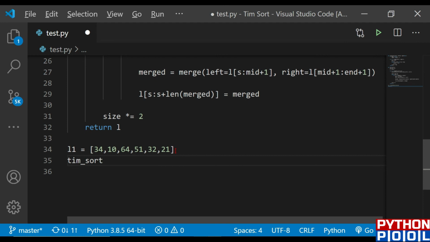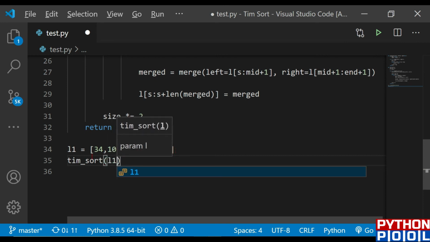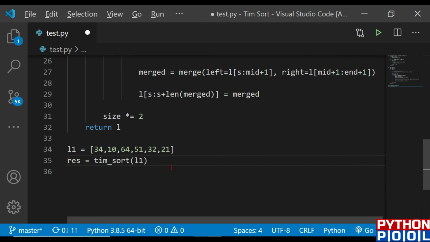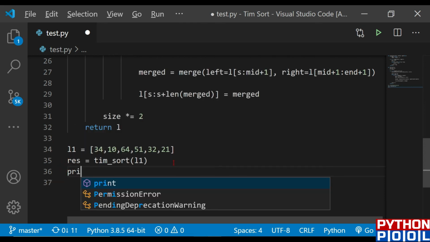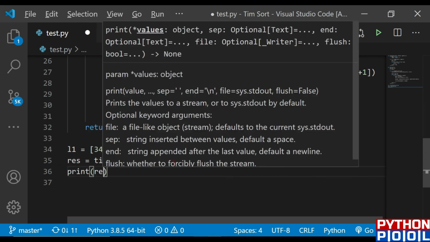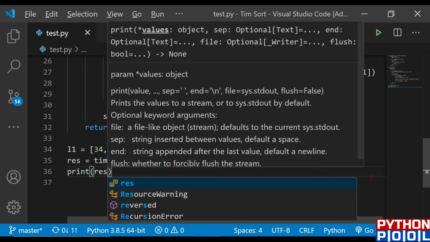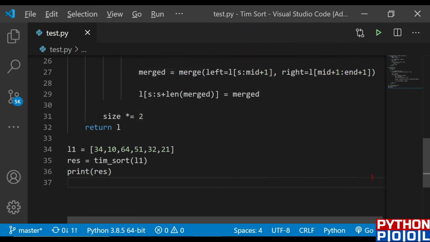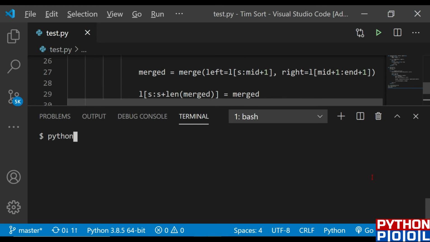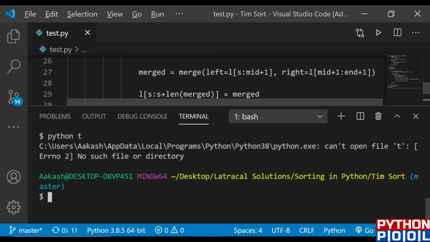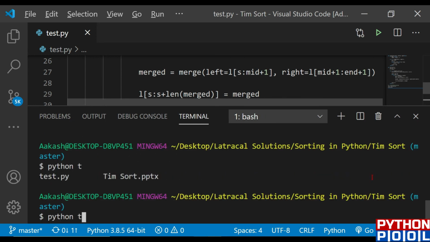We'll pass this L1 list here, store whatever it returns in the res variable, and print this res variable. Let's hit save. Let's see if our program runs successfully. And yes, you could see it runs successfully.